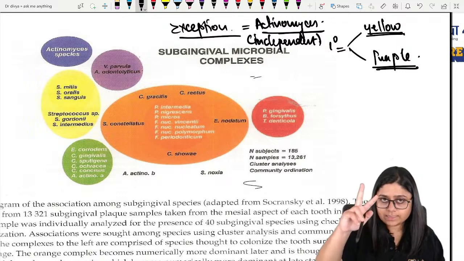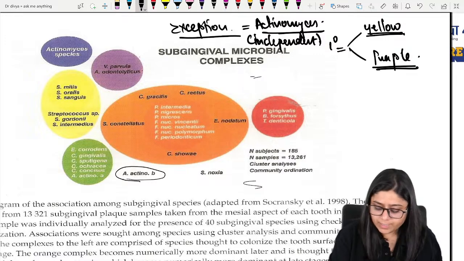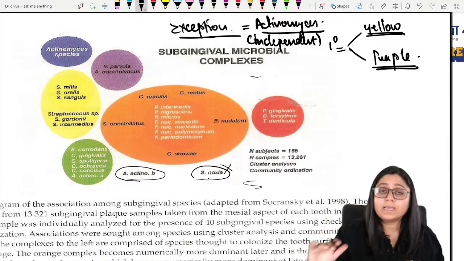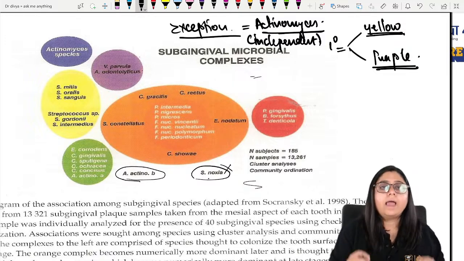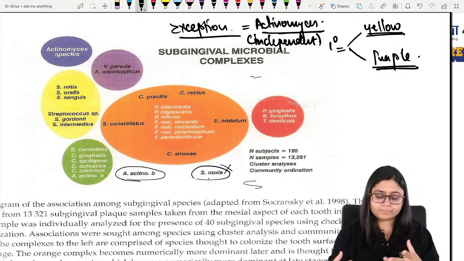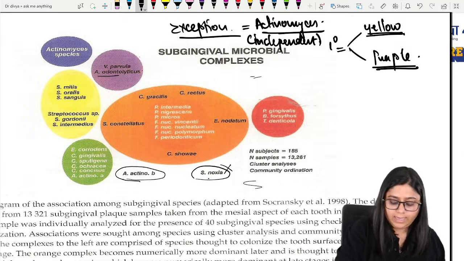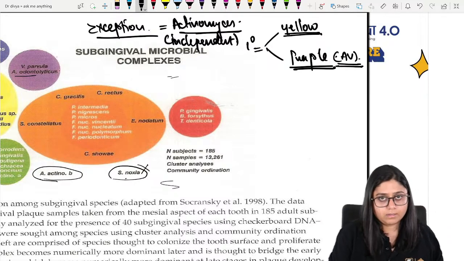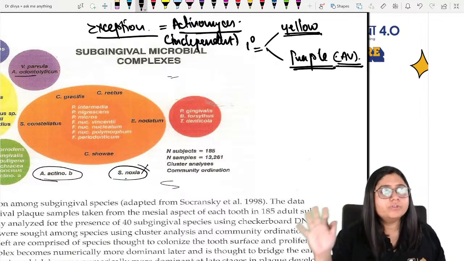So in gray complex you will see two strains, Actinomyces strain B and Streptococcus noxia. Not important. You need not remember this. Streptococcus noxia is not important. In gray complex, the one bacteria which is important is Actinomyces, which is strain B. This is easy to remember. Okay. In purple complex, there is Actinomyces and Veillonella species. AV. In purple, there is AV, audio visual effects. Actinomyces and Veillonella. These two you can remember, AV, audio visual effects.